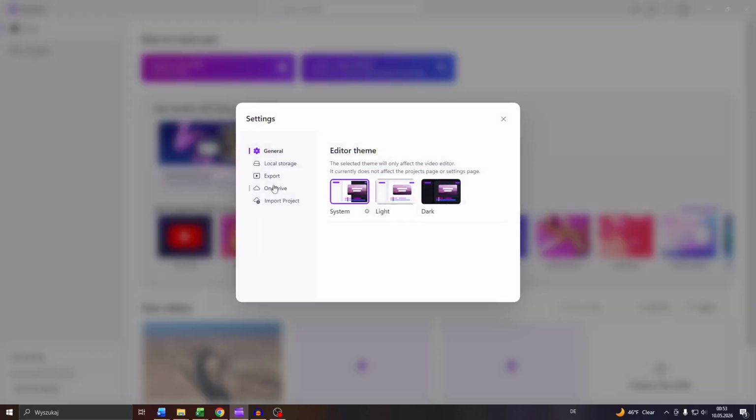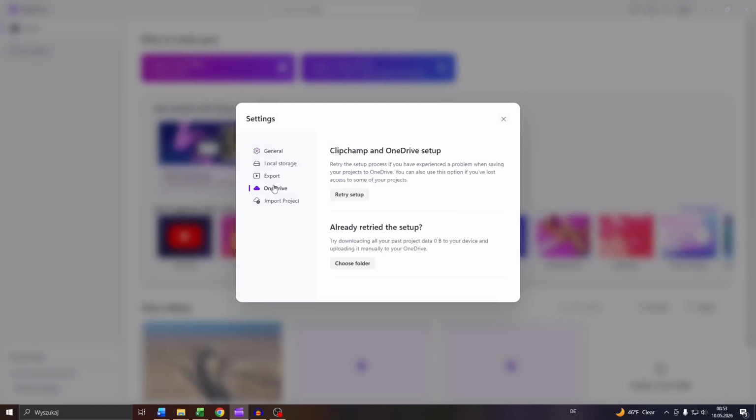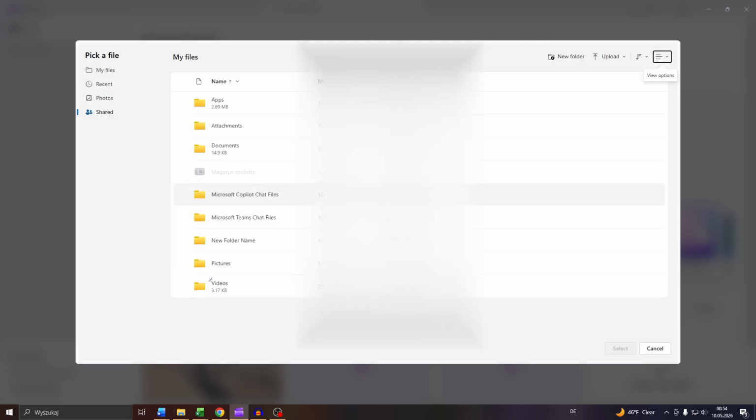Next navigate to OneDrive here in the left hand side, and into import project below, and after that select the locate project here, and then you will be redirected to OneDrive. So give it a few seconds,